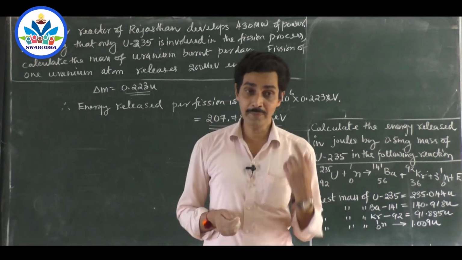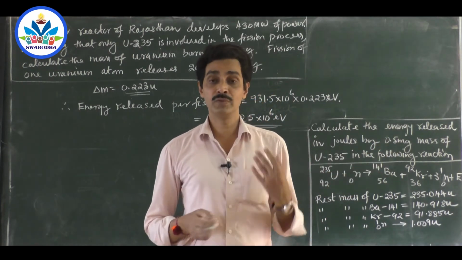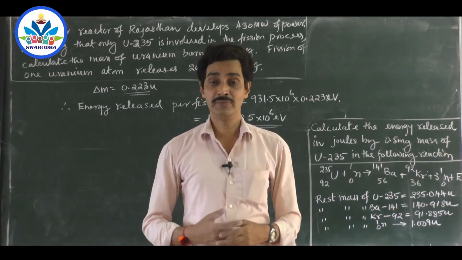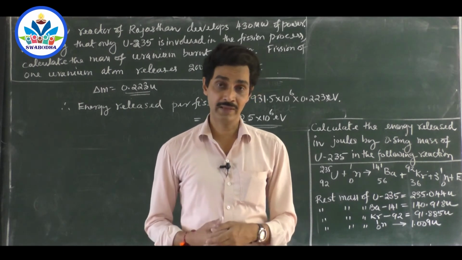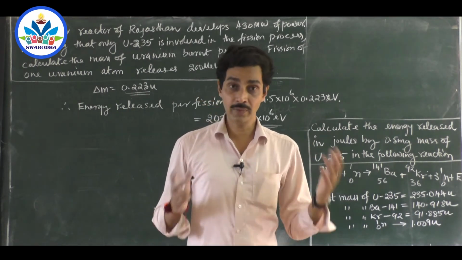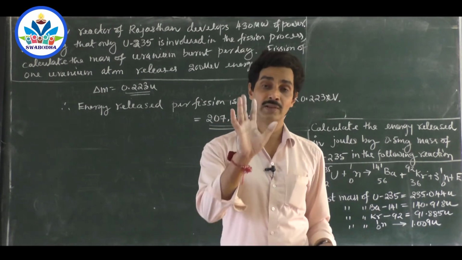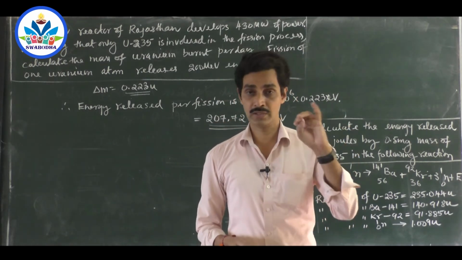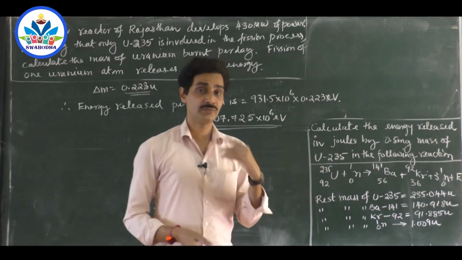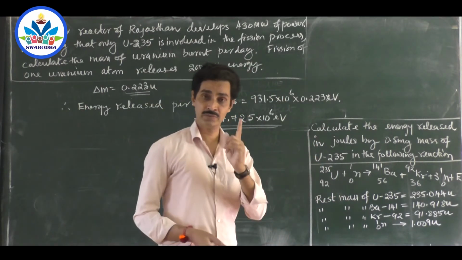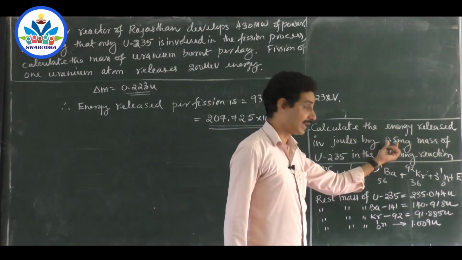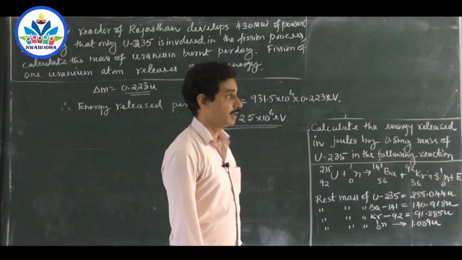For example, if one mango weighs say some 200 gram, and I have 1 kg of mangoes, how many mangoes will I have? Then I should have 5 mangoes, because 5 mangoes each of 200 gram makes 1000 gram, which is 1 kg. So how to calculate how many atoms are there in 0.5 milligram of uranium?